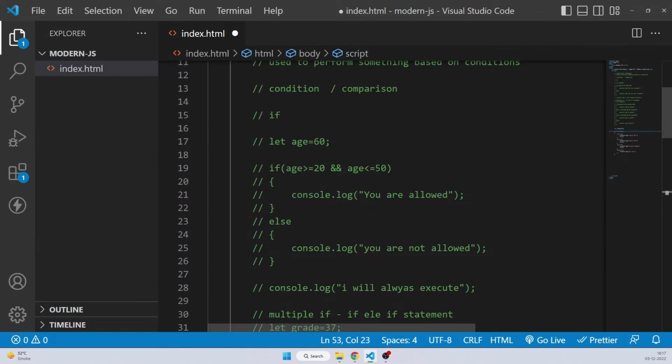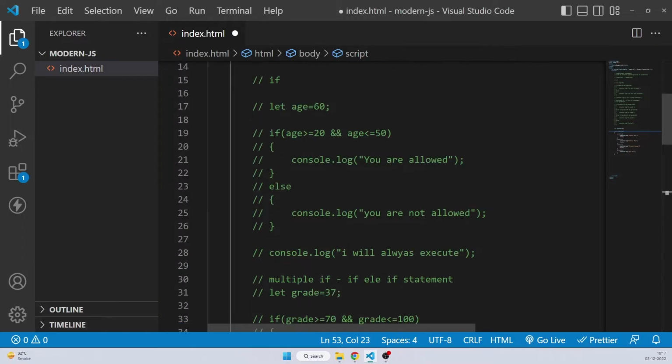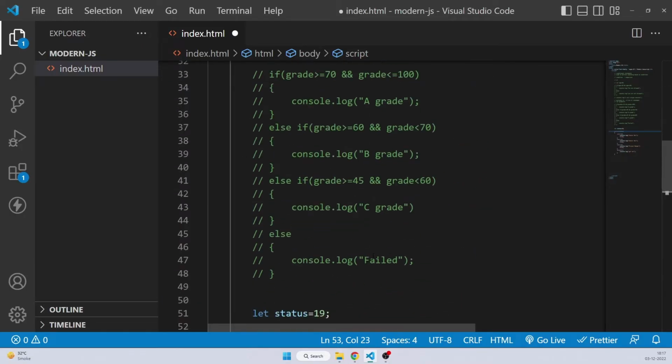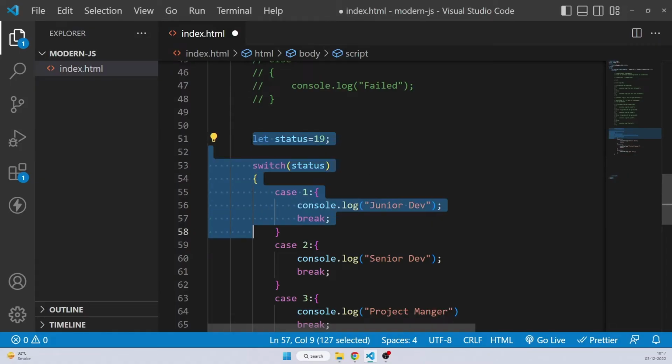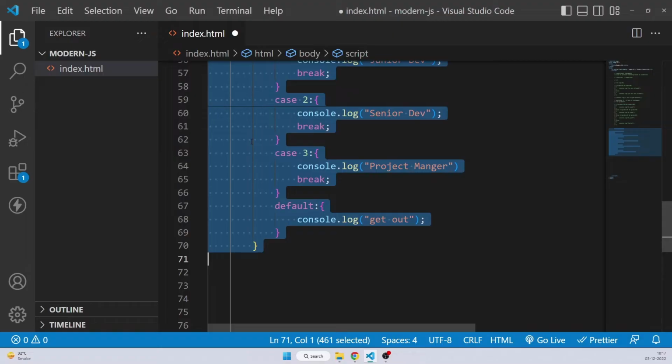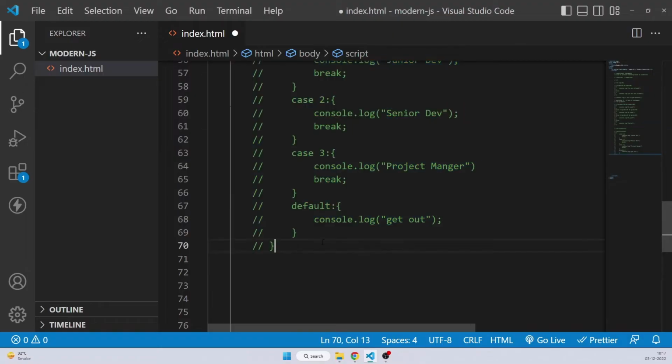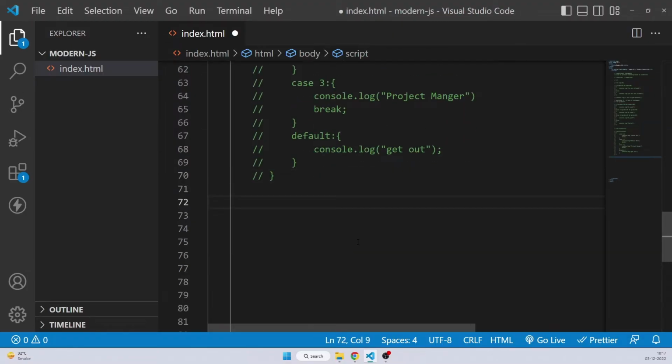So now you know how to write a single conditional by if, then you can also write if and else, then you can write multiple if, and then switch case. Now let me show you one more way of writing a simple conditional statement, that is by using one more category of operator that we have not discussed initially, but we're going to be discussing it now, which is called